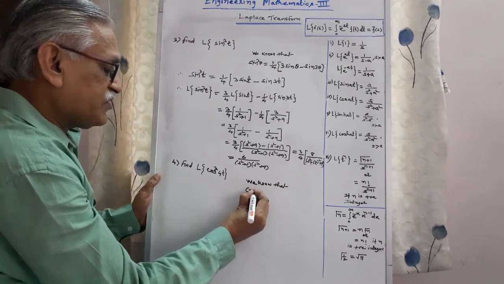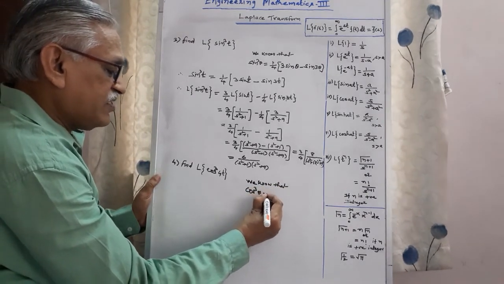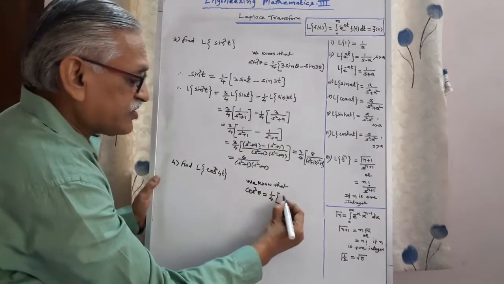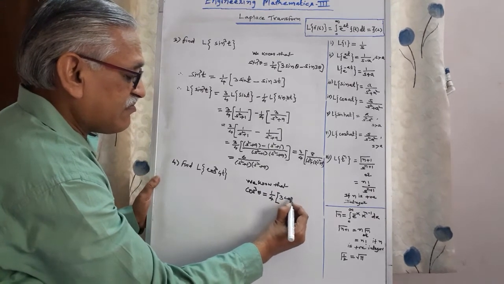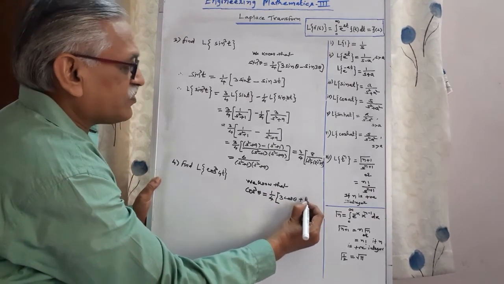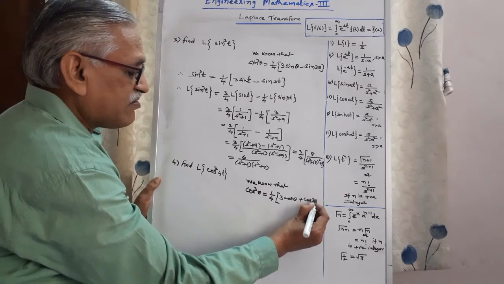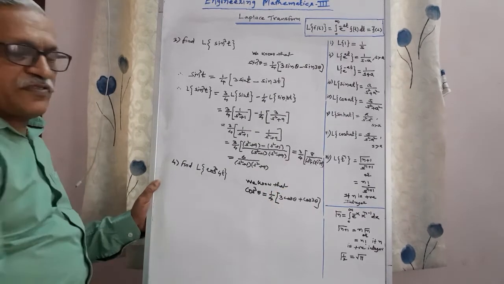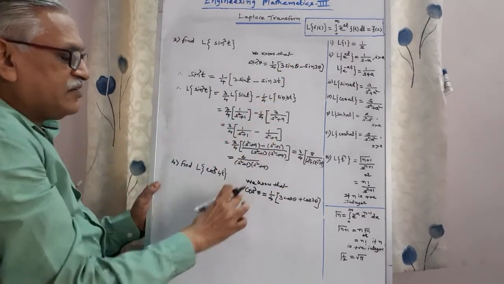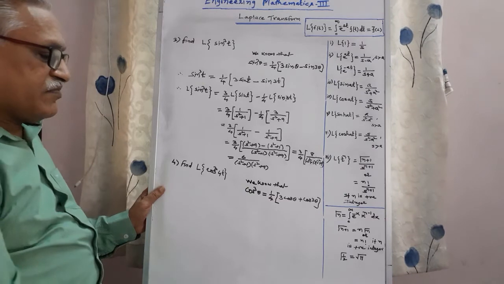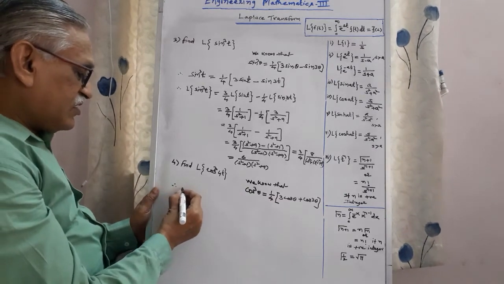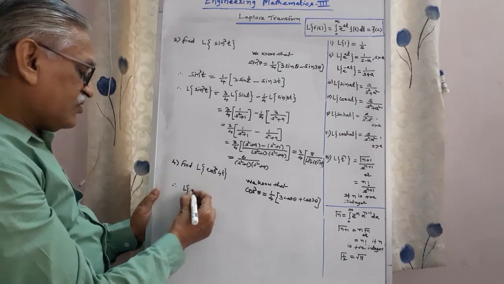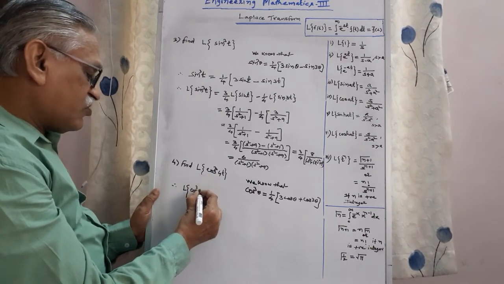For cos cube theta, we have a result as 1 by 4 times (3 cos theta plus cos of 3 theta). Here the middle sign is minus, here it is plus. For sine we have sine term, for cos we have cosine term. And therefore, Laplace of cos cube 4t